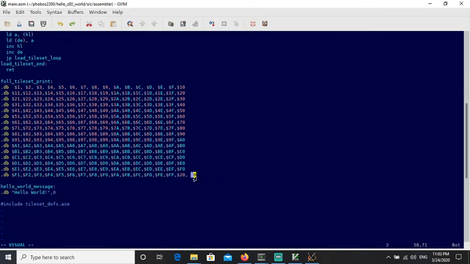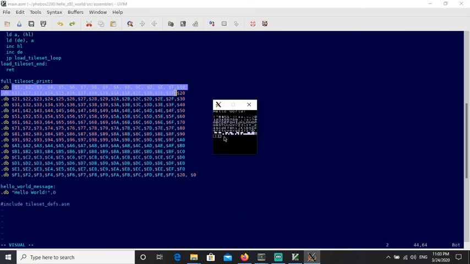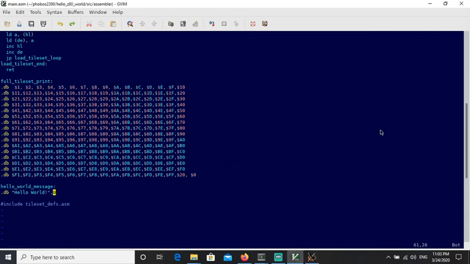So 0 is not represented here. So these wind up just being spaces, and then pretty much everything after, I don't know exactly what it is going to be, just average stuff. And then this hello world message, which